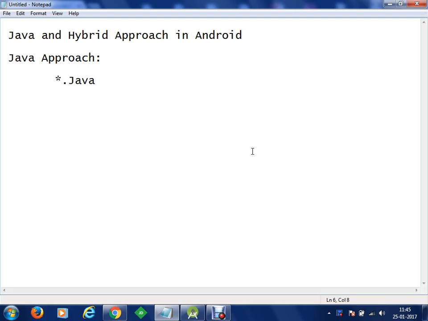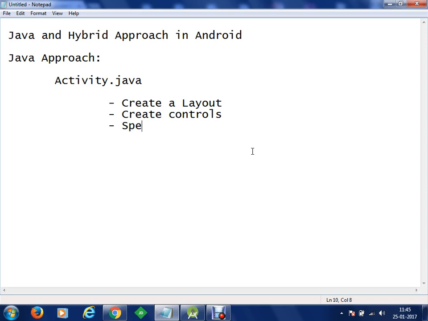use our activity.java. Whichever activity.java file you have, you will use it, and you are going to do the following within this file. You will create a layout, you are going to drop controls, or you can say create controls, then you are going to specify text on controls, and then you will perform event handling on controls.